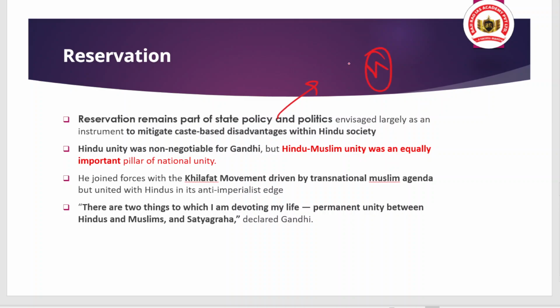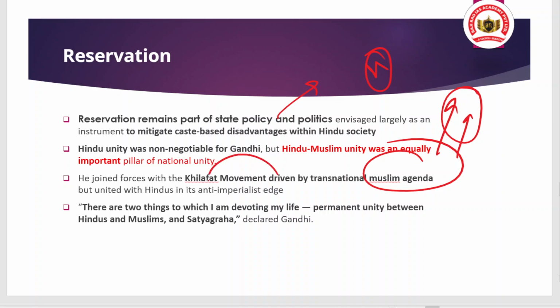That's why he also joined the Khilafat movement, driven by a transnational Muslim agenda that was going on in Turkey. You remember the Khalifa issue? Also, this was the movement that helped Mahatma Gandhi